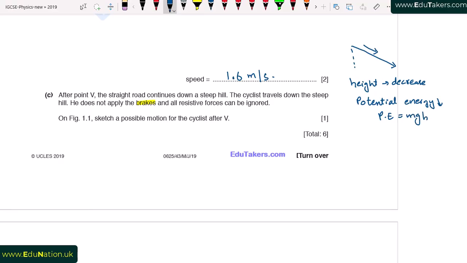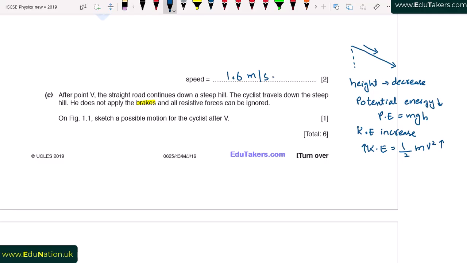Secondly, when it moves down, then he gains kinetic energy, because loss of potential energy is equal to gain in kinetic energy. So I write here kinetic energy increase, and kinetic energy is equal to half mv square. When kinetic energy increases, velocity also increases. So we can simply say that